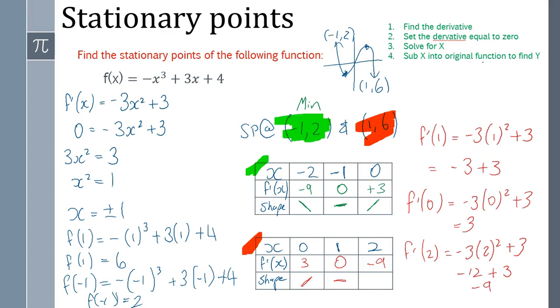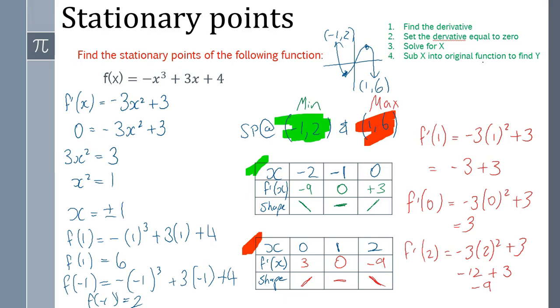So that's going down, so negative. Okay, so you might notice something here with this one. If you're squaring the x's, it doesn't matter if they're positive or negative, they're the same number. So there's a little shortcut there if you can spot it, but if you're not confident, just pop it in every single time. So I've got a minimum in the first one, and I've got a maximum with that second